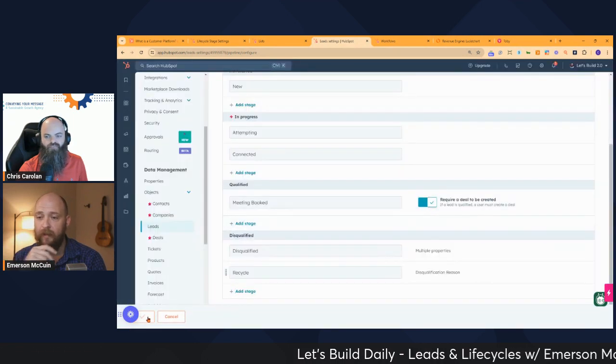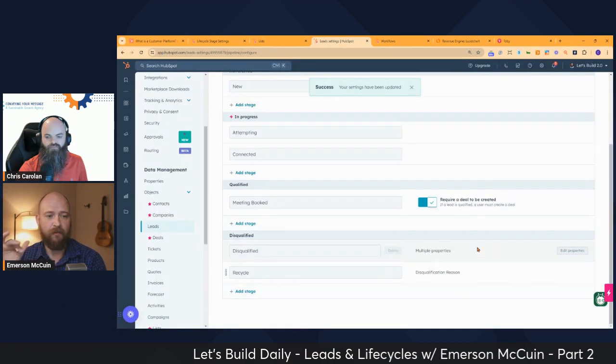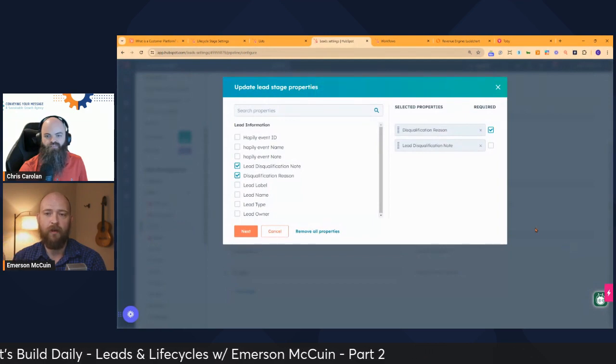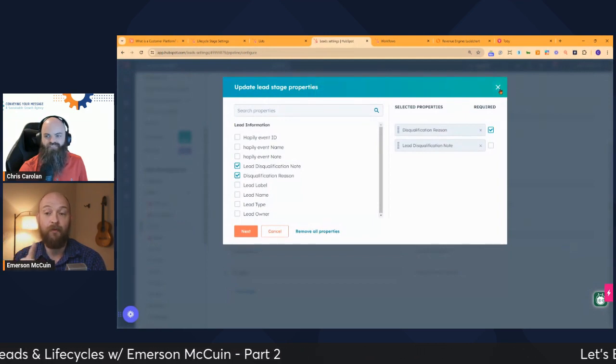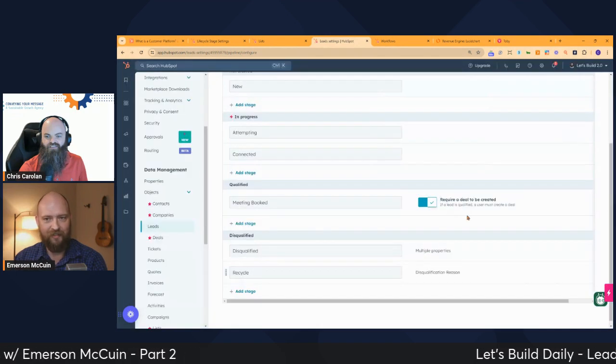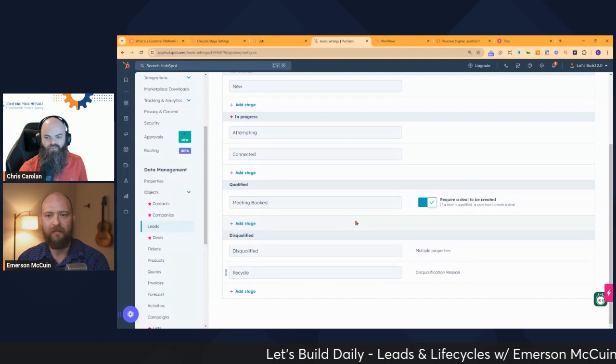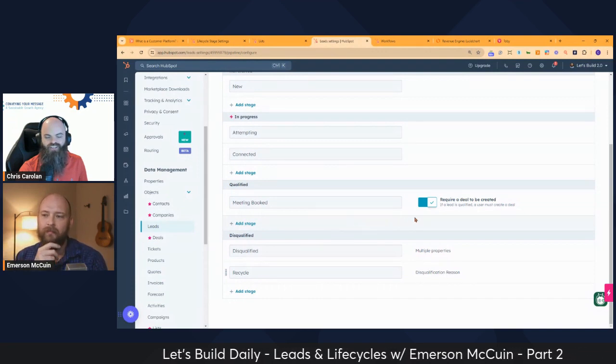And then disqualified I keep as disqualified, but that's really for people who should never be coming through our sales funnel for some reason. I actually have a workflow that will disqualify that contact and move them to the other lifecycle stage.